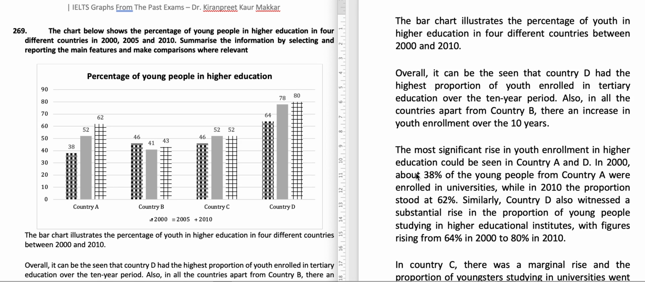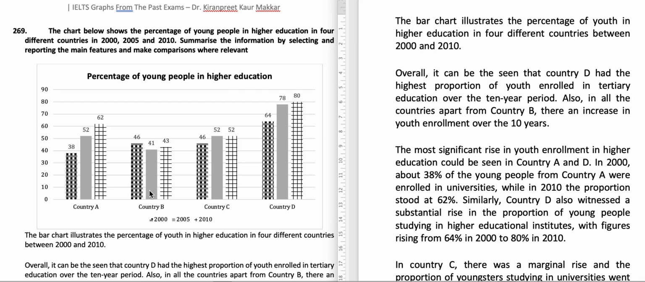So you can see this is the percentage of young people in higher education. On the y-axis, we have the percentage, on the x-axis, the four countries, and these are the 3 years 2000, 2005, and 2010. The bar chart illustrates the percentage of youth in higher education in four different countries between 2000